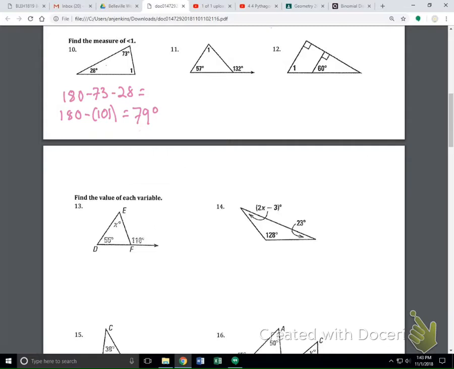So we had a theorem that tells us how to find the value of the exterior angle of a triangle. The exterior angle is equal to the sum of the 2 interior angles that are not adjacent to the exterior angle. So we find that 132 degrees equals the measure of angle 1 plus 57 degrees. We've got to combine our like terms. We're going to subtract that 57 to the other side. We end up with the measure of angle 1 equals